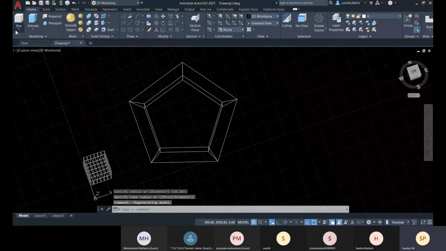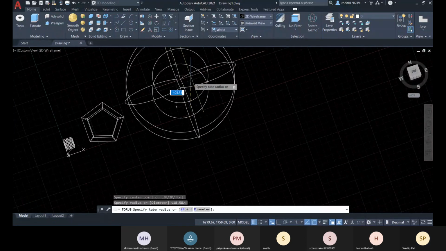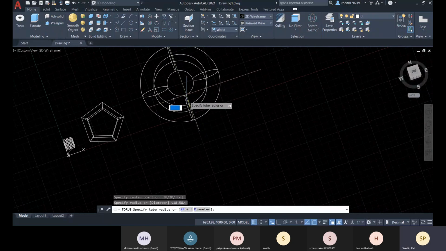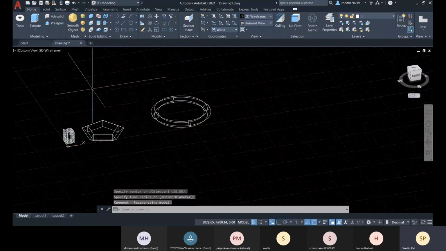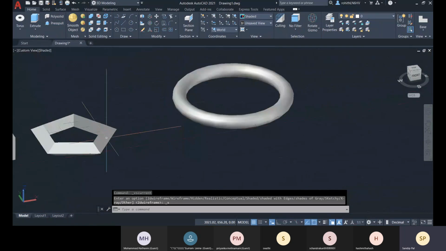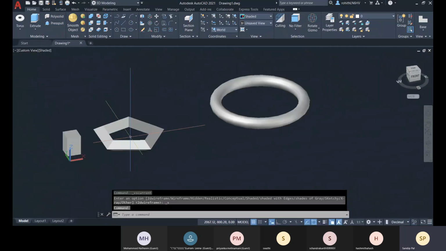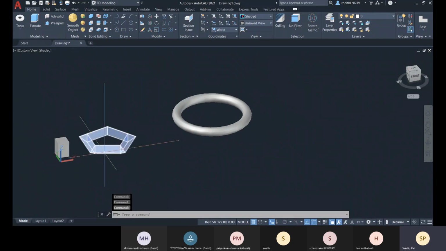But if you go for a normal solid torus, you can only have a tube. This thing you can only have. But this mesh object gives you more flexibility. So you get a different object. But those fall under the same category, that is torus.